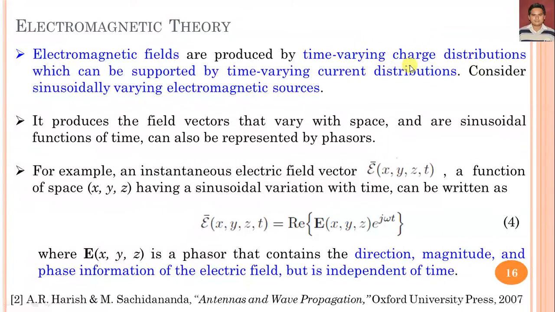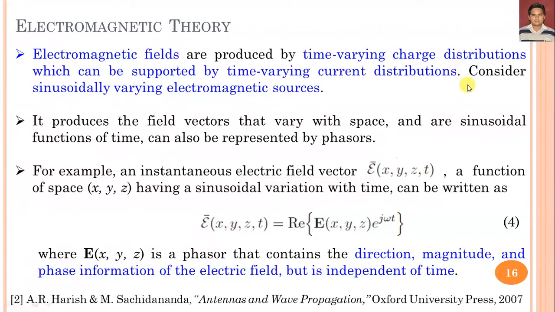Due to the charge distribution, it creates the electric flux density, through which we can generate the electric field. Similarly, by using current distribution analysis, it generates the magnetic flux density, and then further we can calculate the magnetic fields. So by using Coulomb's law and by using Biot-Savart law, we can calculate the electric and magnetic field generated by the charge distribution as well as current distribution on a small current element.